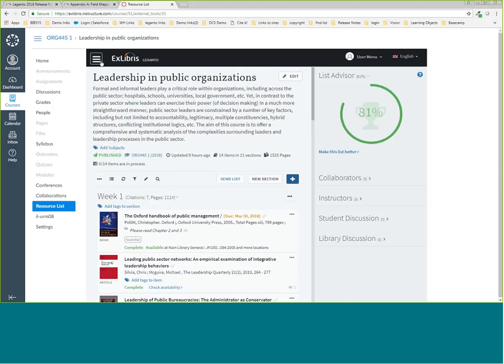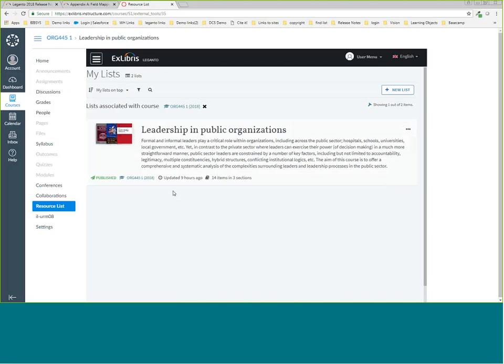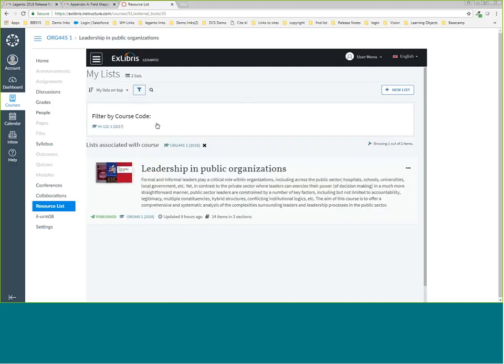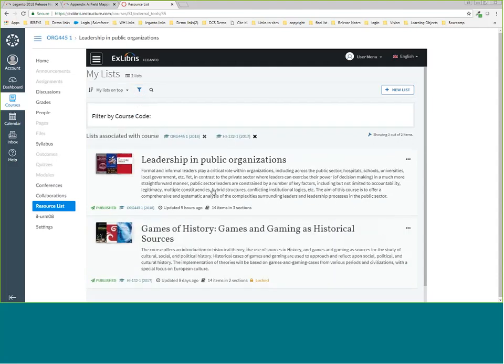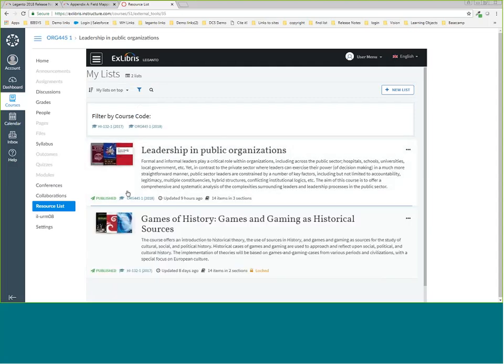But if I go back to my list, now I can see this functionality in action. I can see that there is an active filter on the course. This is associated with the course, in this case the course code. I can easily add, like any other filters in Leganto, other courses to the filter in order to see other lists, or I can remove the course filter and see all available lists. So it acts as a filter and allows both students and instructors to have a clearer view of the